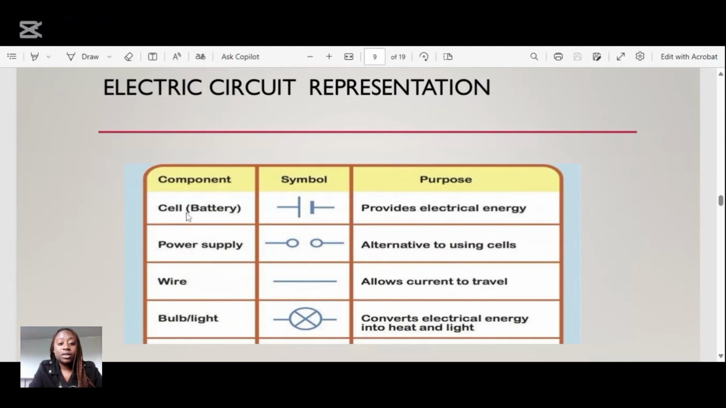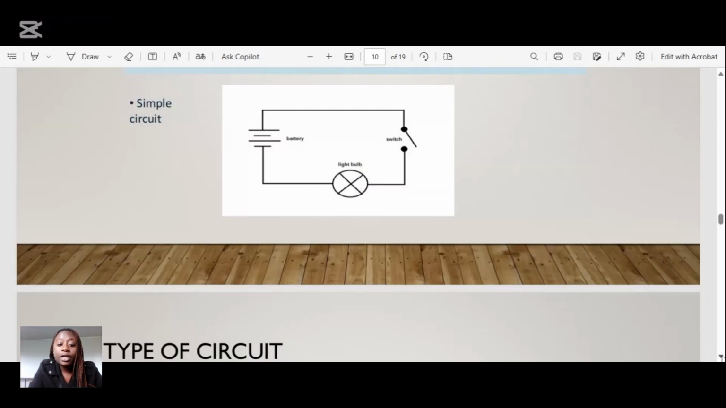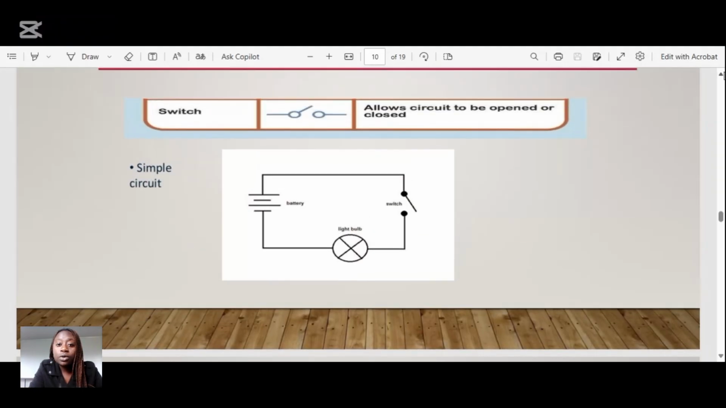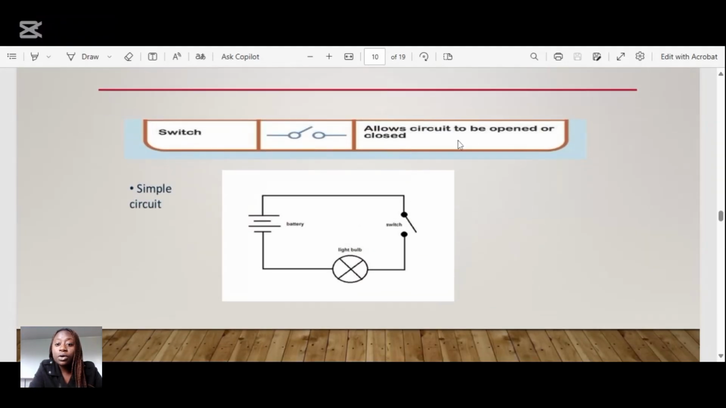We have a cell. This is the symbol of a cell. It provides electrical energy, a power supply, and there is a symbol alternative to using cells. A wire, a symbol, it allows current to travel. A bulb, it converts electrical energy into heat and light energy. And we have a switch which allows the circuit to be open and closed, and it controls the flow